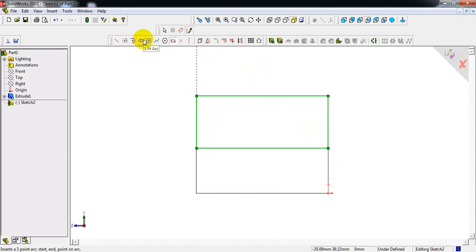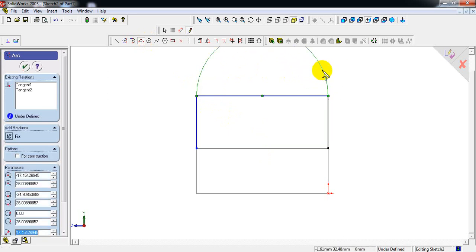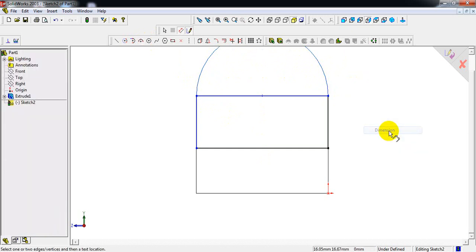take 3-point arc, 3 pt arc. We can see it is as 3 pt arc. It means 3-point arc. Click on it, select left corner and select right corner and place it on the exact center. Okay. Next, take dimension, take height as,